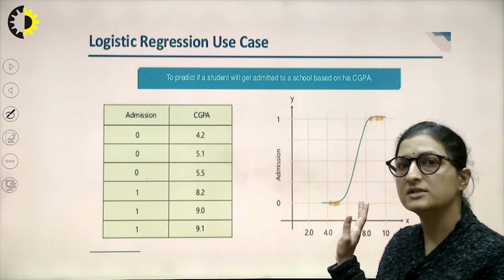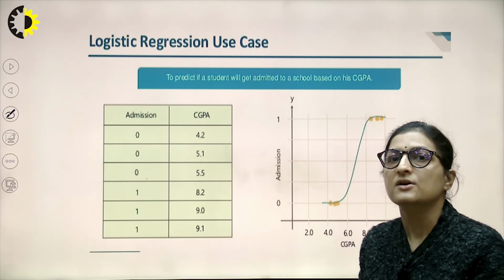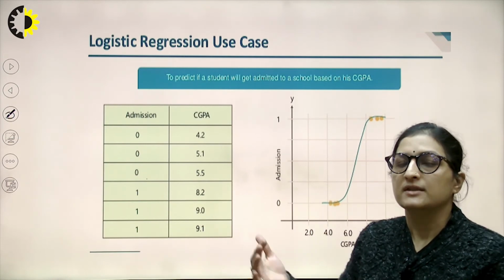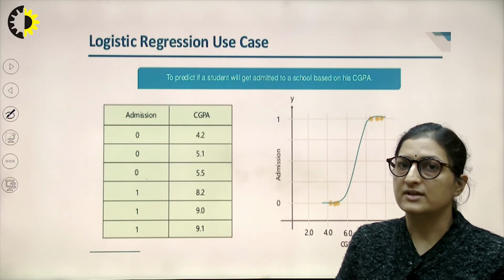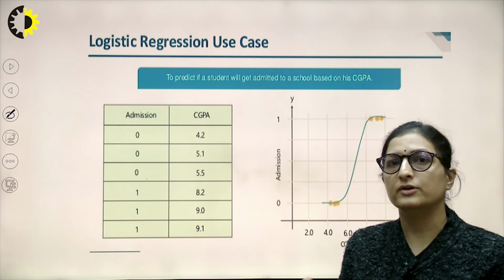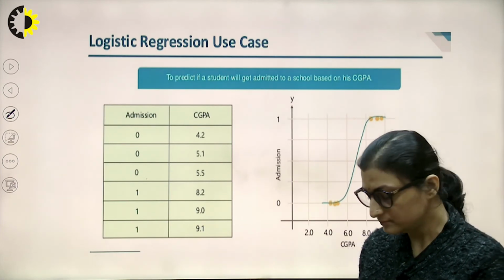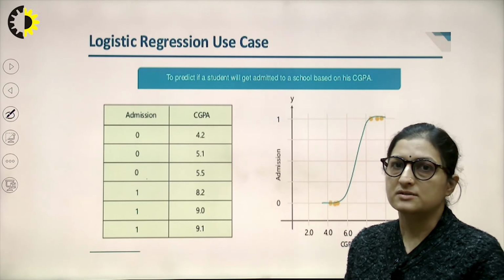Once this model is built, I can use it to make the prediction for any future request that might come to me, whether a particular student having so and so CGPA would get admitted or not. So, this is a particular example of a logistic regression use case.